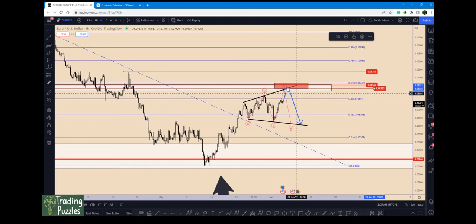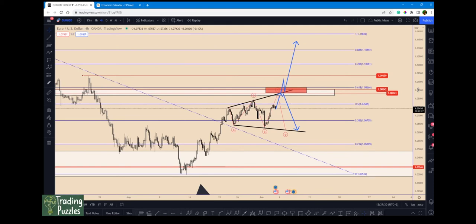It can happen also that price can jump above the pattern. If this is going to happen, then after that you need to see how the price will develop and which is the next move. And for the time being, this is the only pattern that I'm actually looking at here. So let's go on with the next one,